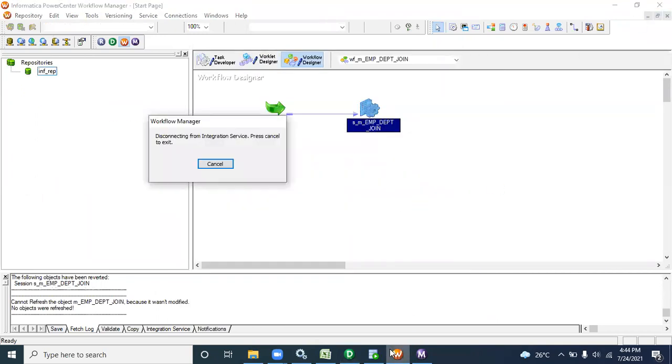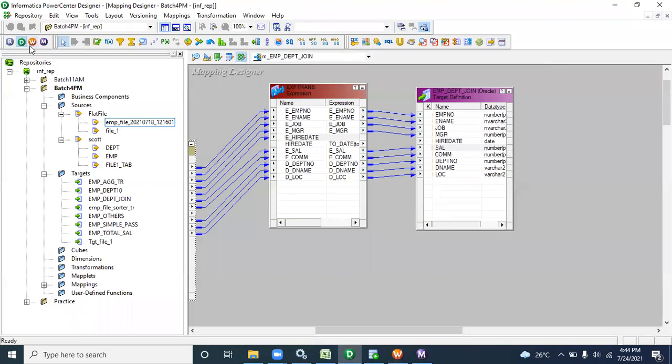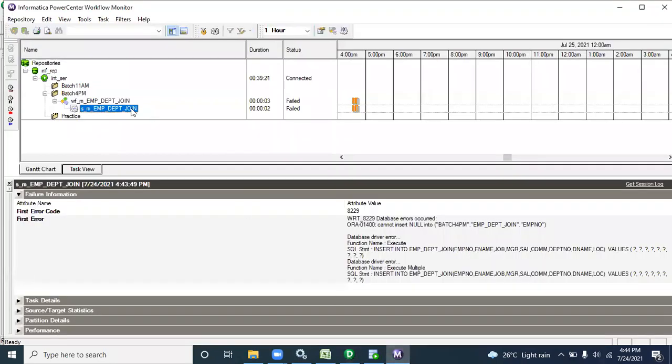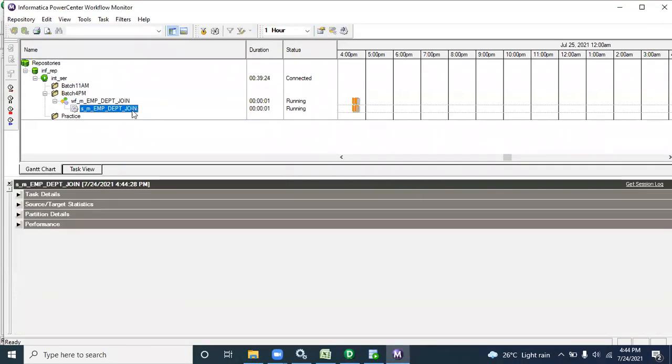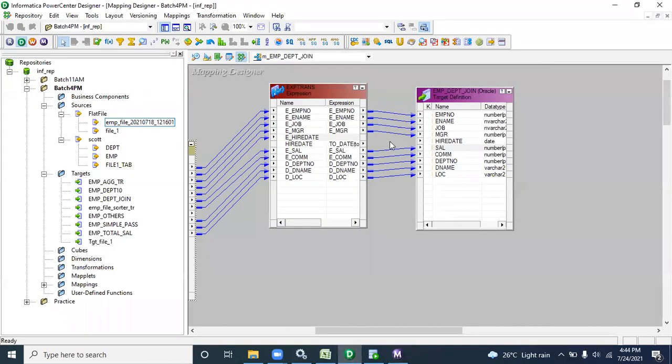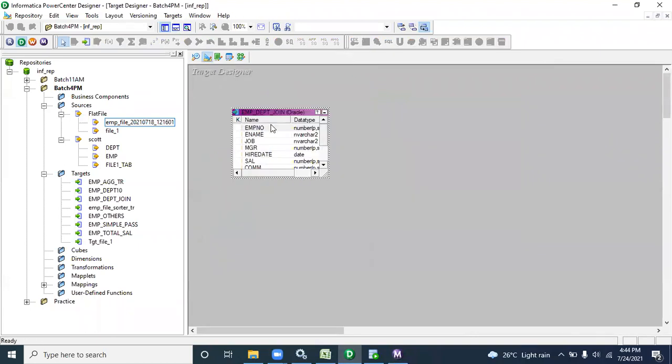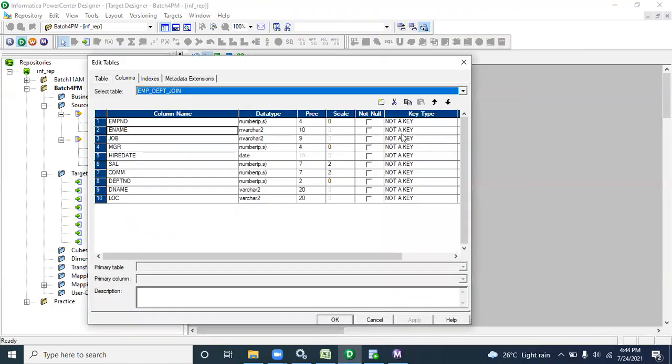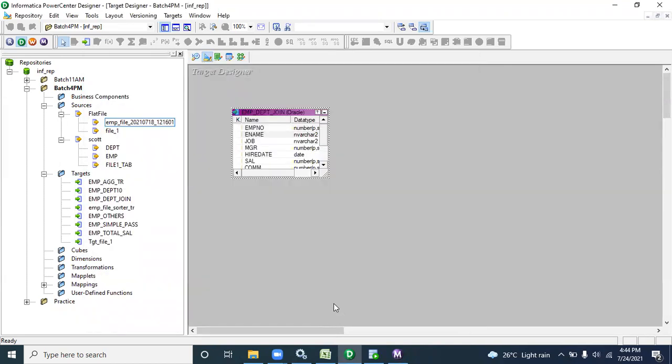It's giving an error. What is the problem? Null record. Is there a null record? Not null. Everything is fine. Still, why is it giving the error?